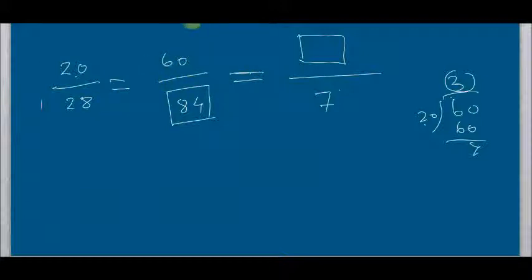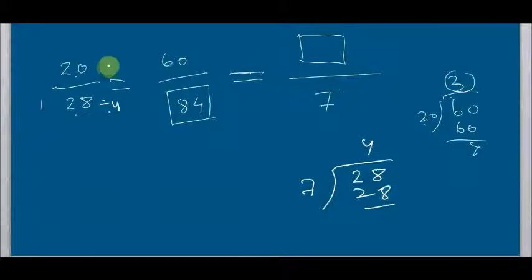Right? Now we will compare this fraction with this fraction. So we are watching here that the denominators of these fractions are known to us, right? So if we divide 28 by 7, we get 4. That means if you divide 28 by 4, then you will get 7. Therefore, by dividing 4 by 4 we are getting 7.